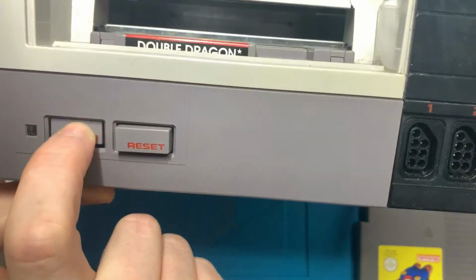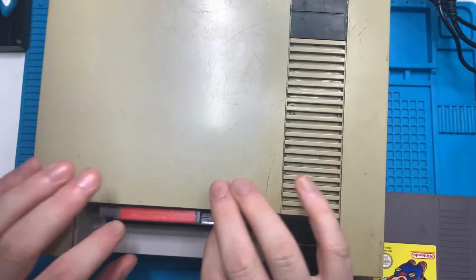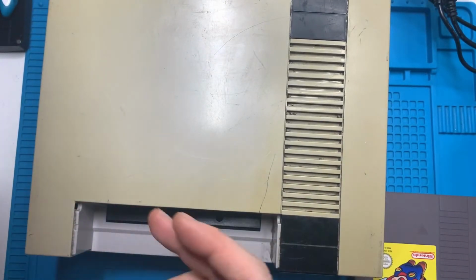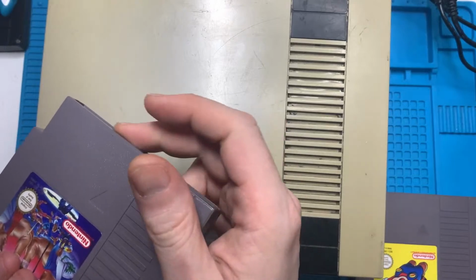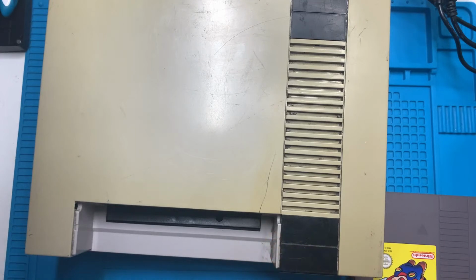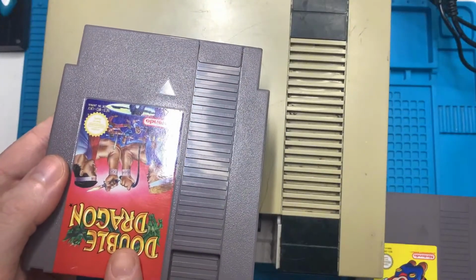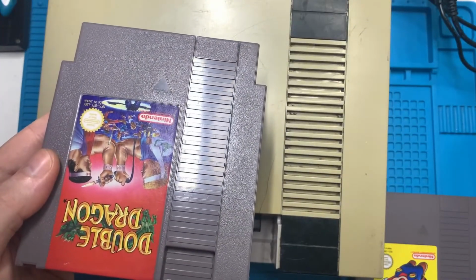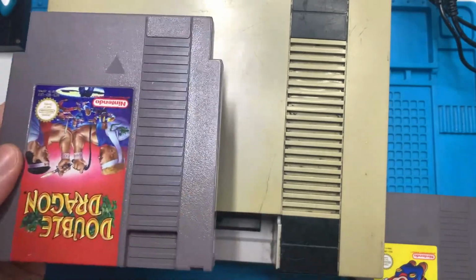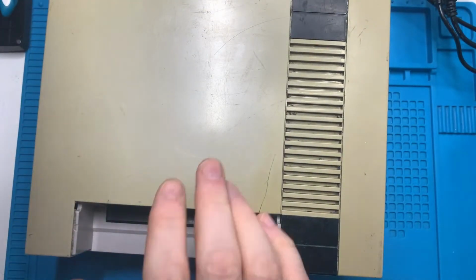And what that means is there's a chip inside the NES which authenticates the cartridge, and if it can't authenticate the cartridge because, for instance, the connection's not good on the edge connector there, then it will restart the machine. That power LED flashing is it just rebooting over and over again because it can't identify the cartridge. I know this one is good. I restored this for a friend's NES, which I've fixed. So I know this cartridge is good. This one I got today, I've not tested, so I will have to give that one a test.